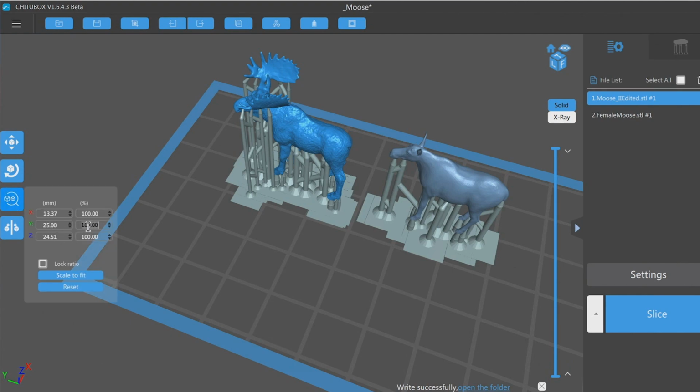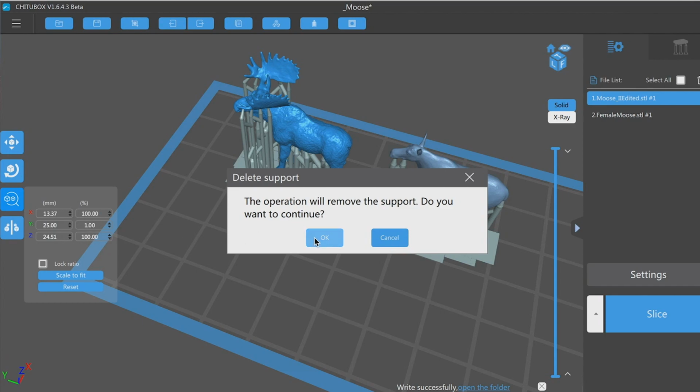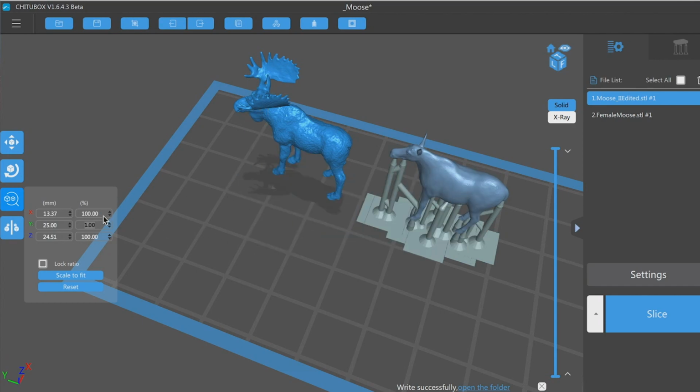So the first thing I'm going to do, I've opened up the HO scale moose, and in this file I'm going to save it as my working file for the N scale moose, and save it as a Chitubox file. Then the next thing to do is to take the HO scale and resize it. N scale is